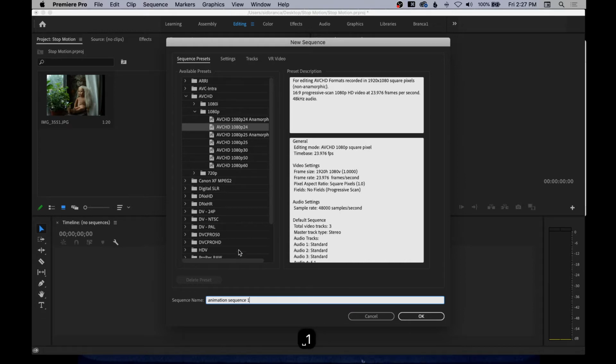If you want to go for a standard HD video size, that's 1920 pixels horizontally and 1080 pixels vertically. And for our animation, we'll be doing 24 frames per second. So we're just going to pick a preset with those attributes and call it good for right now, and we'll get more into what a codec is and what all these letters mean in another video. We'll name our sequence and click OK.